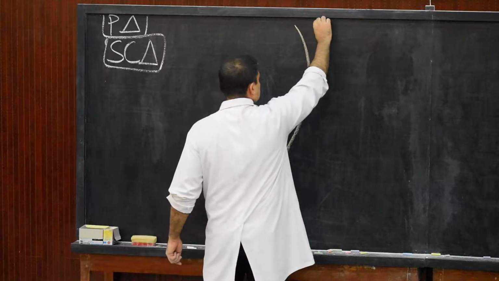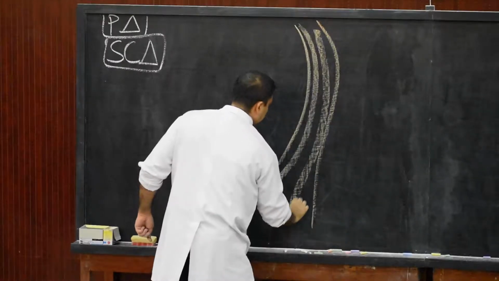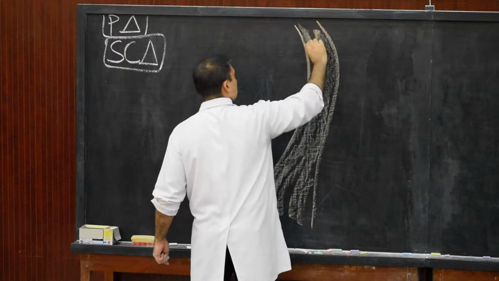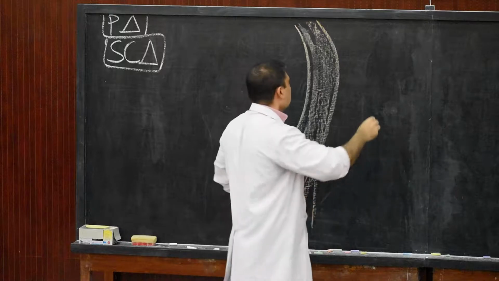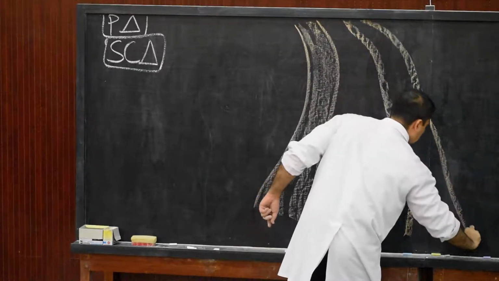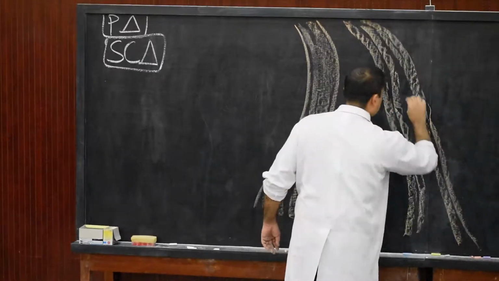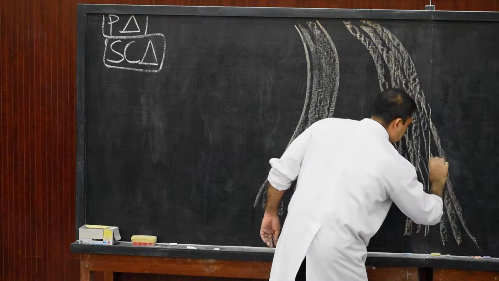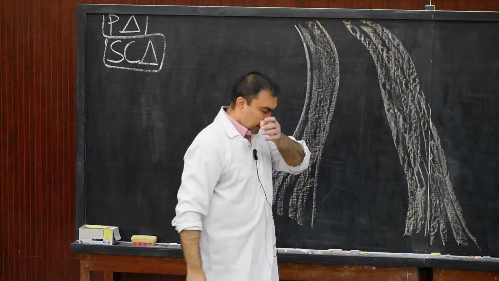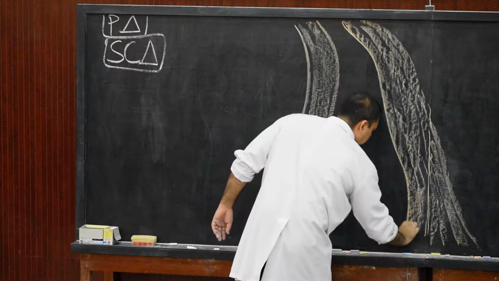trapezius. These are the fibers of trapezius. So please draw the fibers of trapezius muscle here. And we are going to draw sternocleidomastoid muscle. So therefore, this will be the fibers of sternocleidomastoid muscle. Please draw the fibers of sternocleidomastoid. So therefore, now here, this is the posterior border of sternocleidomastoid, in which we have made it clear it